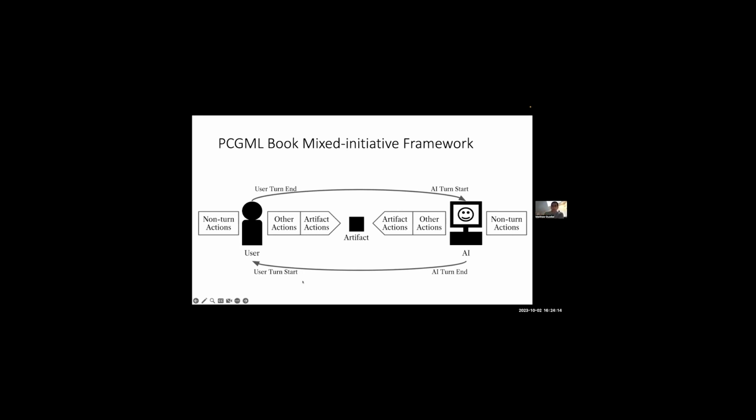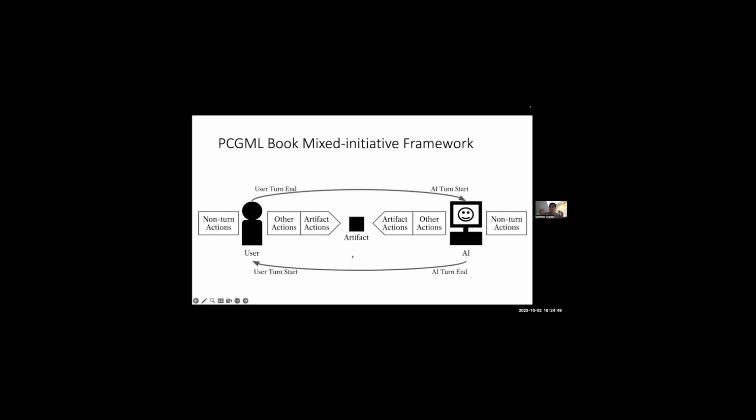And then both human user and AI could have non-turn actions. These are things they could do that would impact the design process that are not happening on their turn. The AI, for example, might be learning live, as was the case in this RL example, this Morai Maker example. It could be learning from the prior interactions. The human user, on the other hand, could do basically whatever. You can't control humans. So they could Google something, they could read something, they could look out their window, all these things which could impact the design process. So that's the basic framework that we're using here.